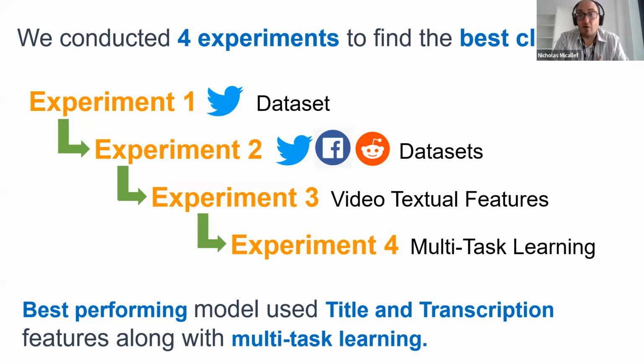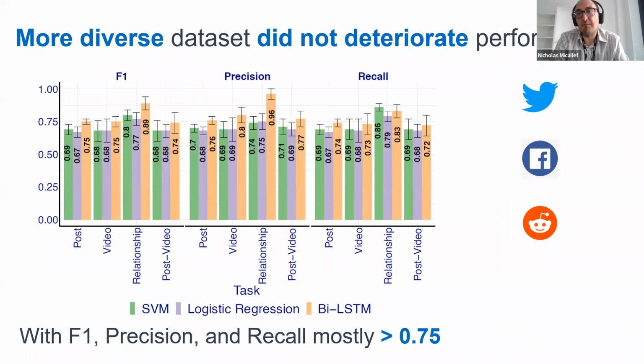Overall, we found that the best performing model was using multitask learning, and with regards to features, besides the text in the post, the best ones were the video title and the transcription of the video. In the paper, there are more details about the setup of the experiment. There are a lot of technical details, and it explains as well how we used embedding representations to model our data. However, in this talk, I want to highlight the main finding of this research, which is that we did not experience a decrease in classifier performance when using diverse data from the 3 different platforms.